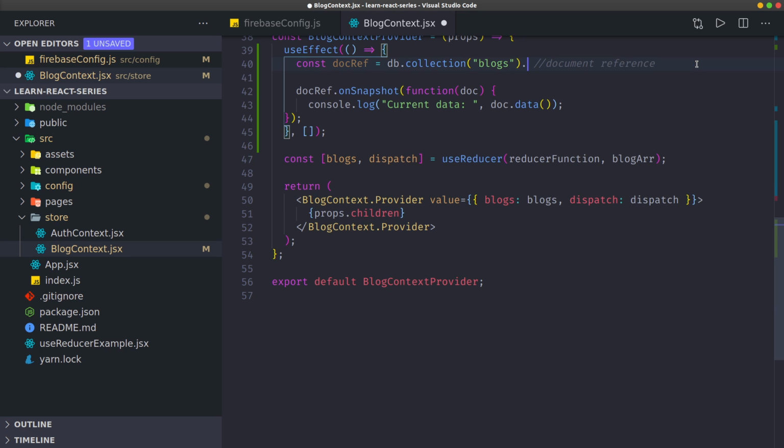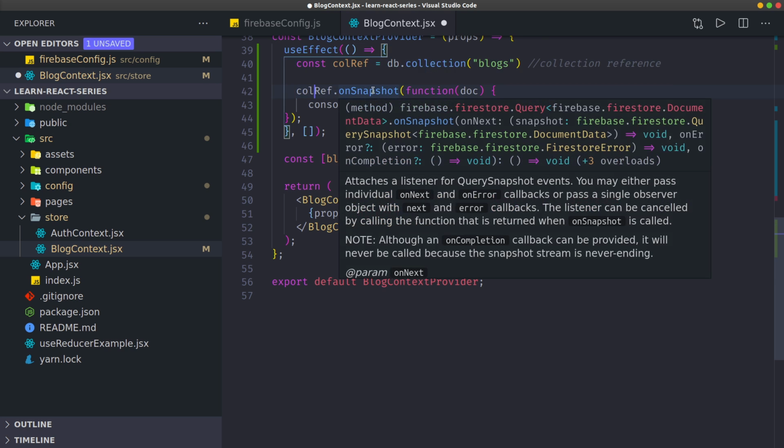So let's change it to be collection reference. So it's now collection reference. Together, this will also be collection reference. Then you say collection reference on snapshot. Then what you do is